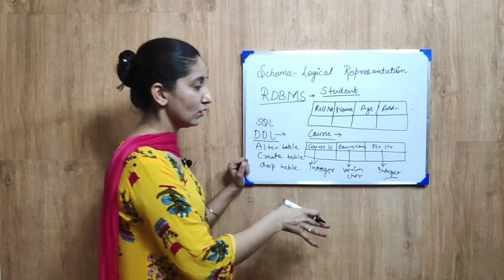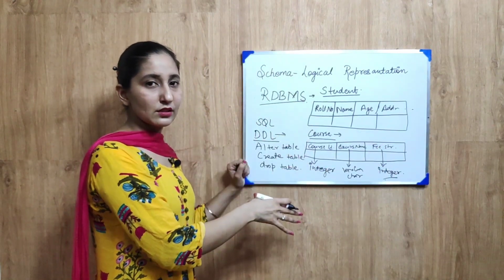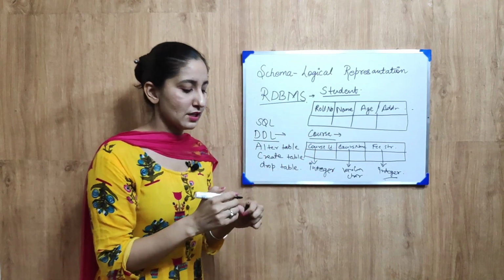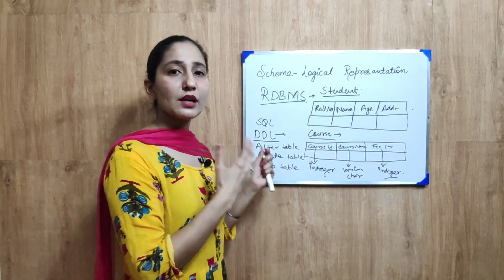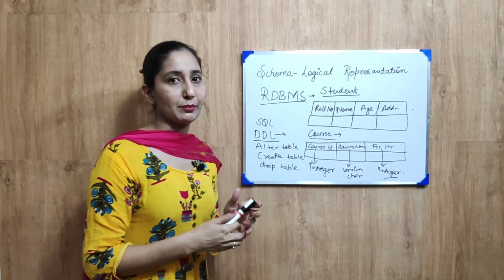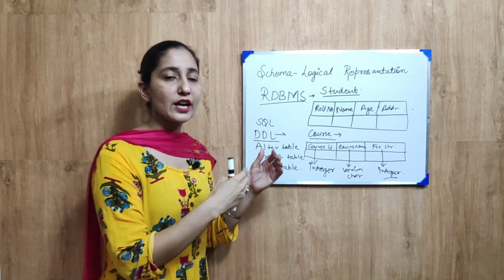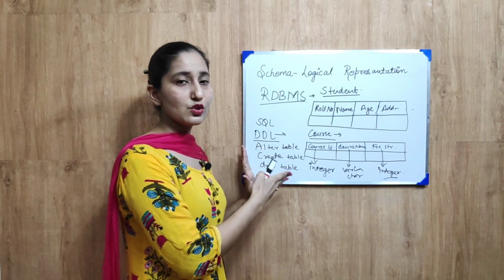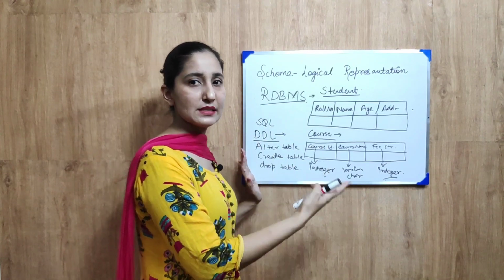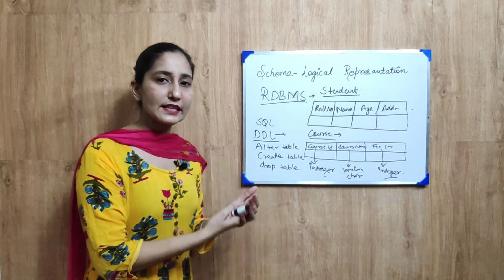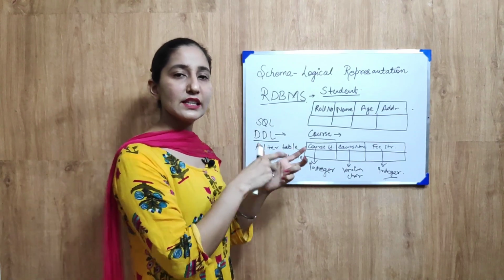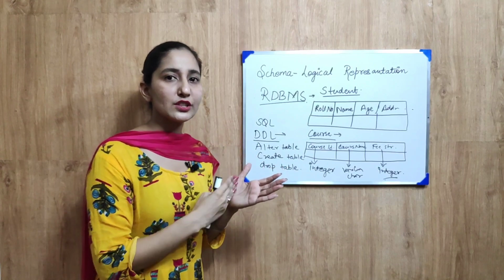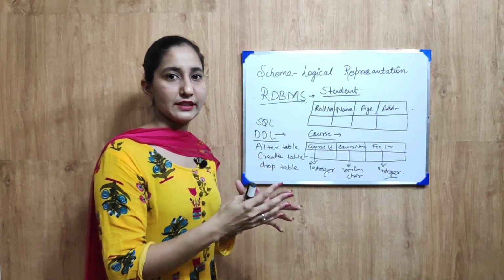So this is how we can implement this logical structure, the schema, that you can say is the logical representation of a database. In the schema, there could be a single table or multiple tables which are related to each other. So these DDL commands we can use to implement a single schema or multiple schemas. And in a single schema, we can have a single table or a structure of multiple tables which are related to each other by some relation between them.